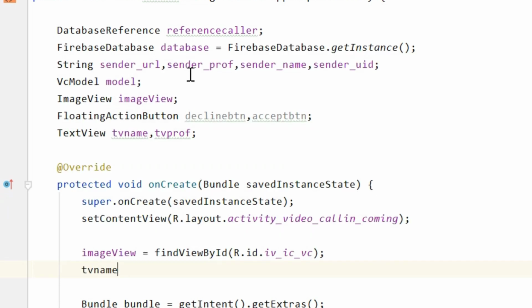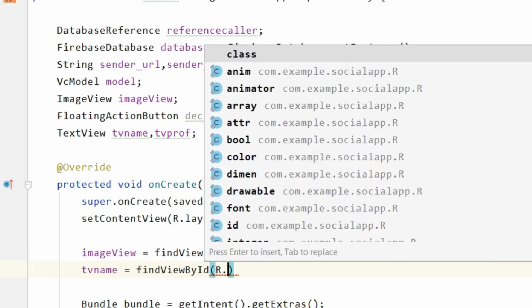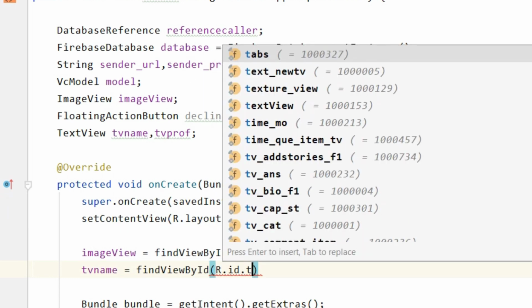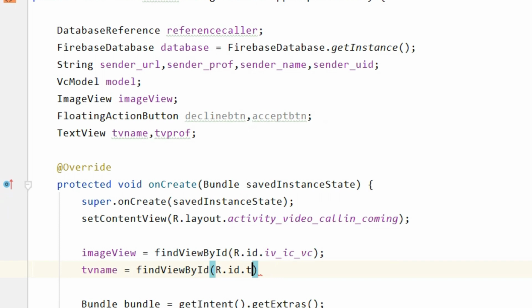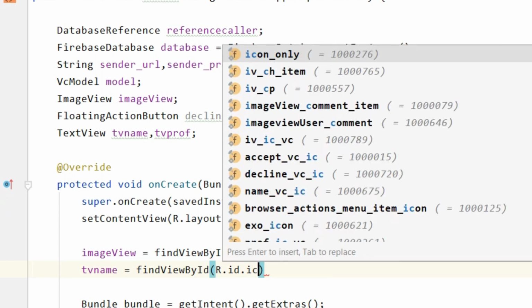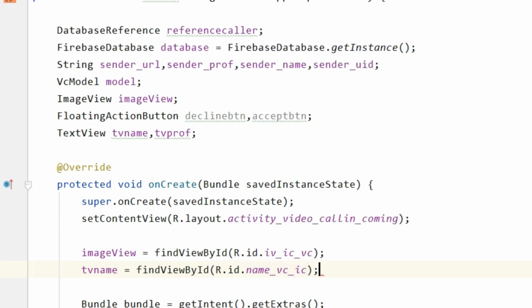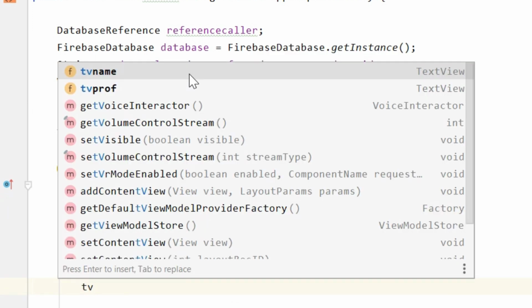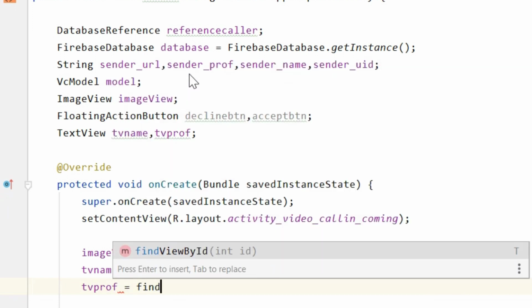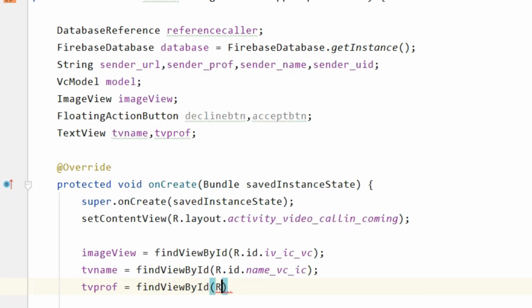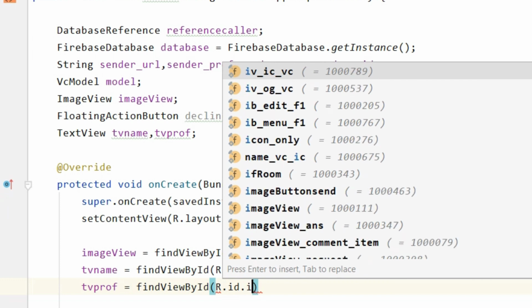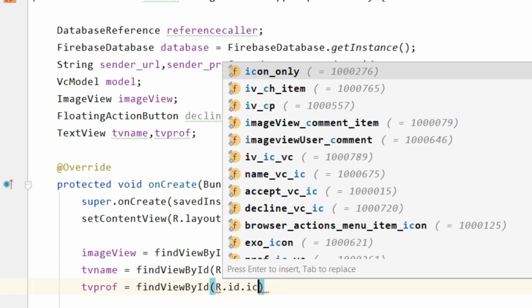Then tv name equals findViewById R.id.tv ic name, or we can give ic incoming, ic name video call ic, then tv profession equals findViewById R.id.ic incoming profession,